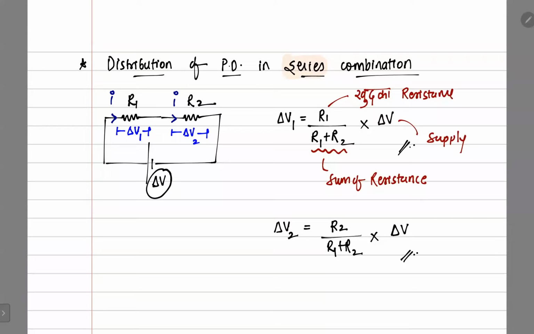How many of you are able to understand this? Start commenting. कैसे याद रखना है? खुद का रेजिस्टेंस अपॉन सम ऑफ रेजिस्टेंस multiplied by सप्लाई। कितना सप्लाई मिला? डेल्टा वी।